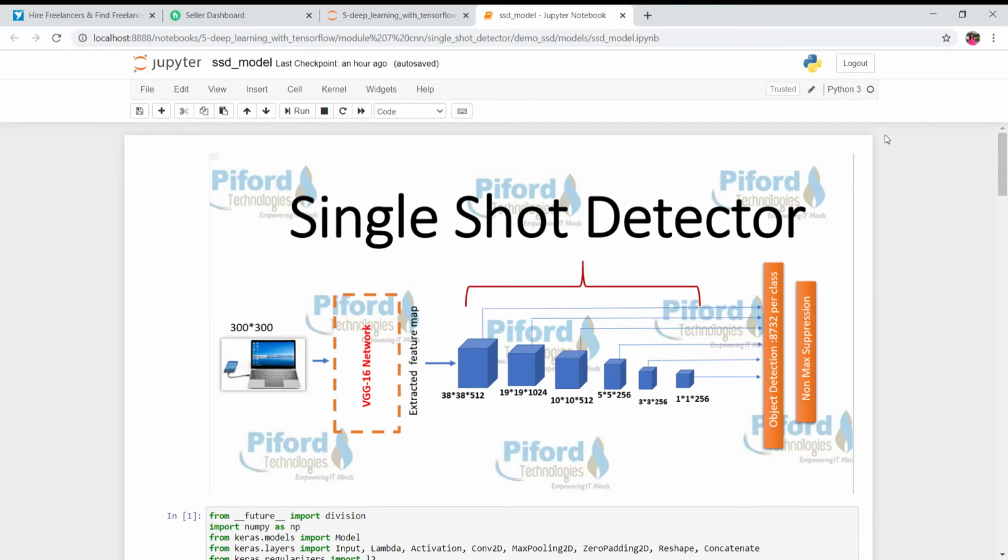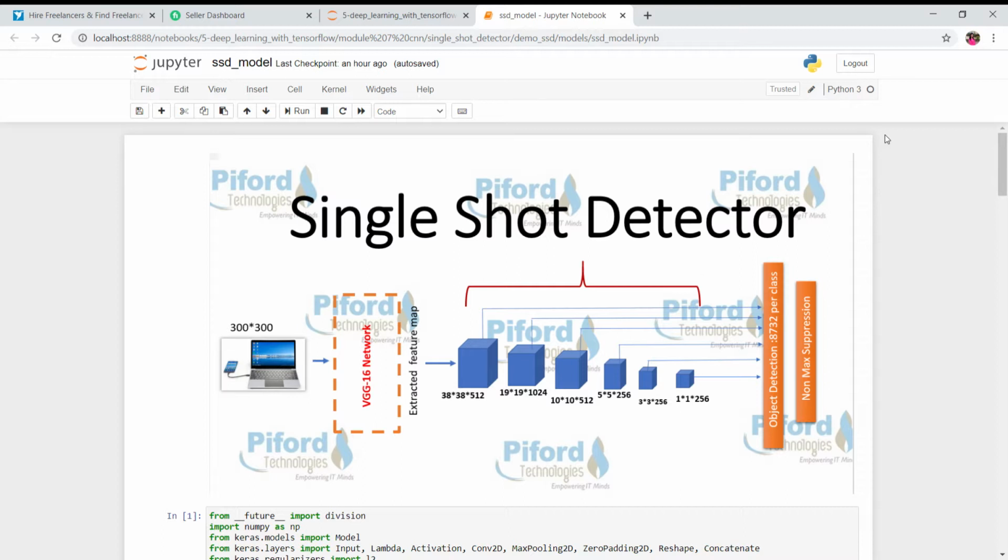Hi everyone, this is Arohi and in this video I'll show you the practical implementation of single shot detector. In my last video I explained the code using which you can prepare training data for SSD. Before implementing today's code, I recommend you go through that video because it is very important to understand the data which you are going to use for your model training. The link is given in the description section.